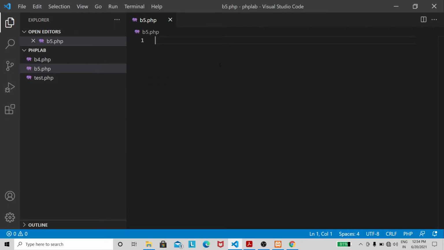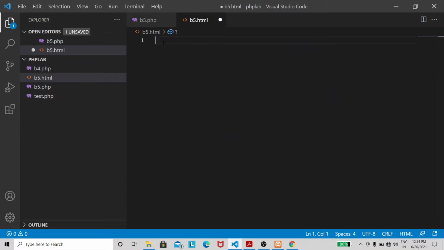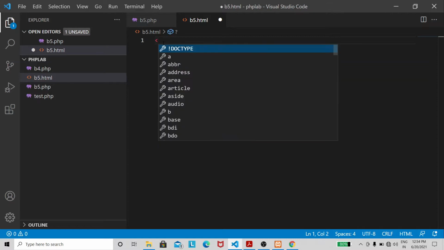So I'm going to create one more file to collect the user input, that is b5.html. So now design the HTML form to collect the user input.